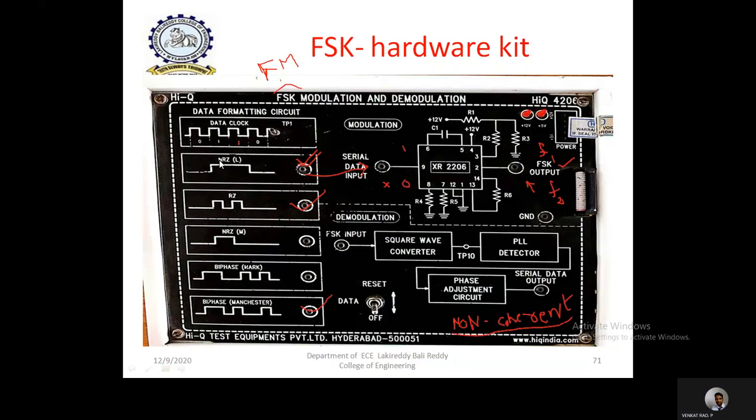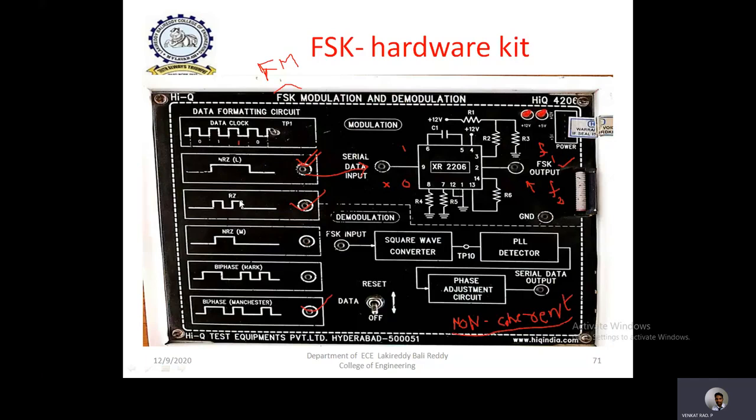For example, if this is NRZ, that is non-return to 0 coding, in this coding each binary 1 during one clock time period is represented with a high pulse, and each 0 with a low pulse, that means a negative pulse. Okay. Return to 0 means it will settle to 0. Non-return to 0 means it will not settle to 0. That means it fluctuates from positive pulse to negative pulse. That is the meaning of non-return to 0.